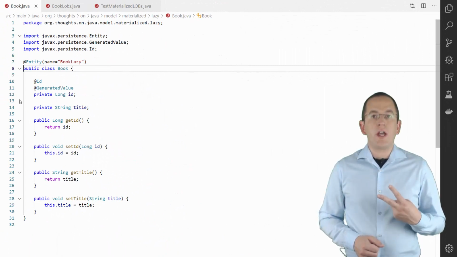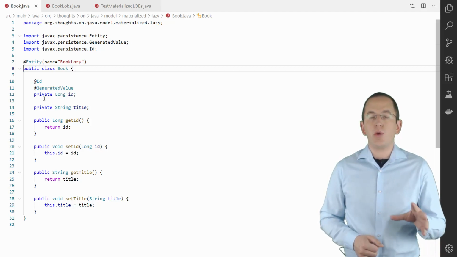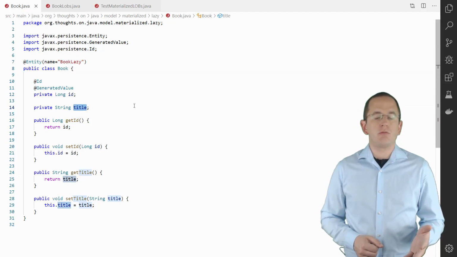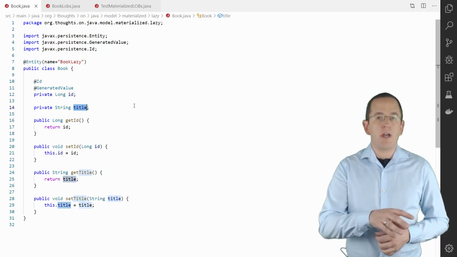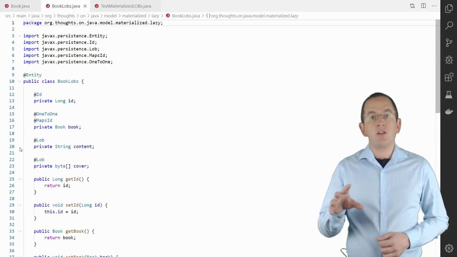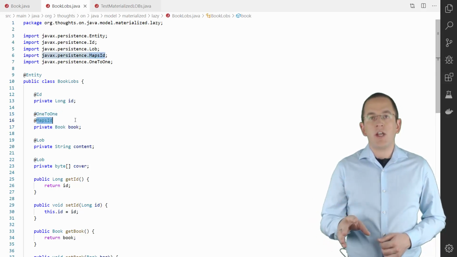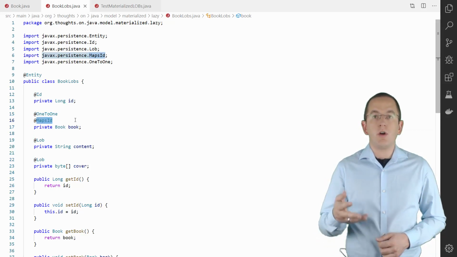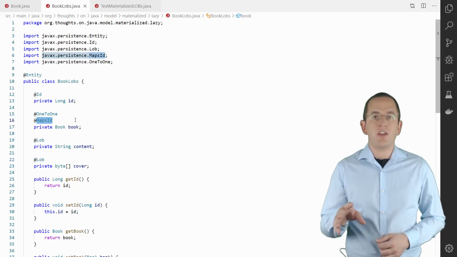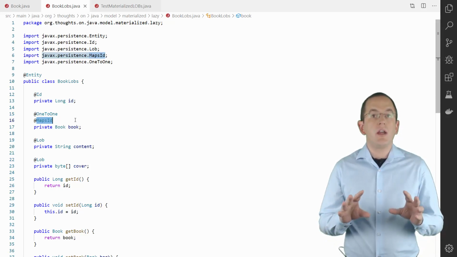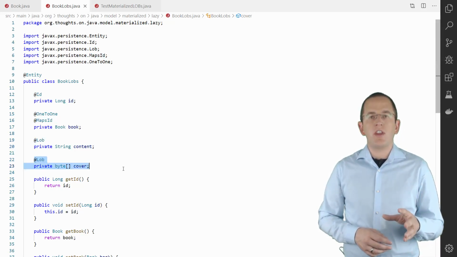The mapping of the two entities is pretty simple. After removing the two LOBs, the Book entity is a simple entity with a generated primary key and a title attribute. As I will show you in the next section, you don't need to model the association to the BookLobs entity. The BookLobs entity models a unidirectional one-to-one association to the Book entity. The @MapsId annotation tells Hibernate to use the primary key value of the associated Book. I explained that in more detail in my Hibernate Tip on how to share the primary key in a one-to-one association. And the mappings of the content and cover attributes are the same as I used in the first example.